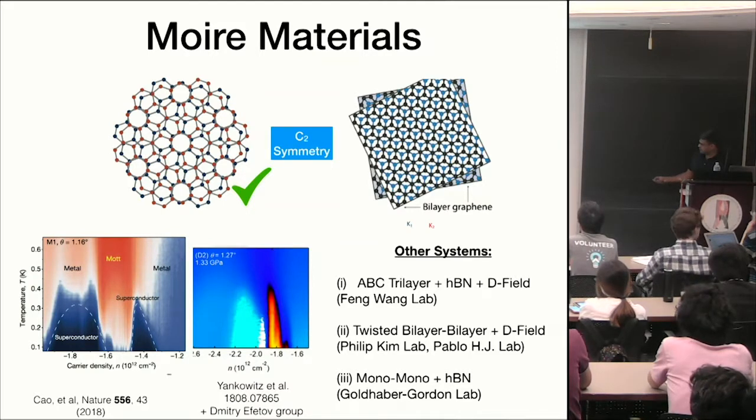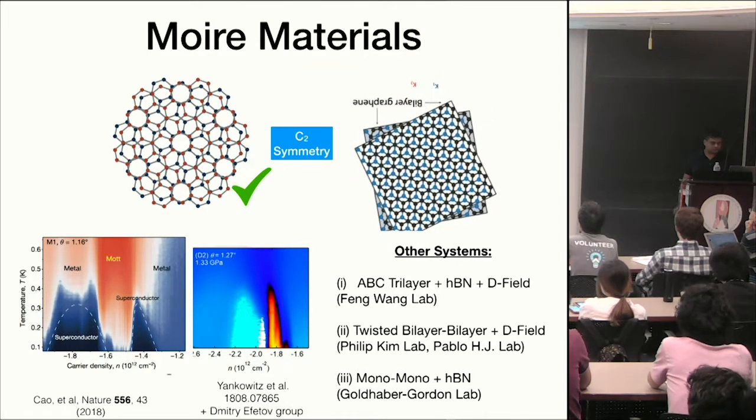And here in some of them, superconductivity has been seen, like this one and that. But we'll talk a little bit about more recent experiments as well, where the quantized Hall effect has been observed. So that's just to tell you it's not C2